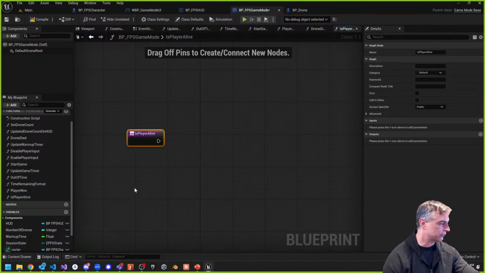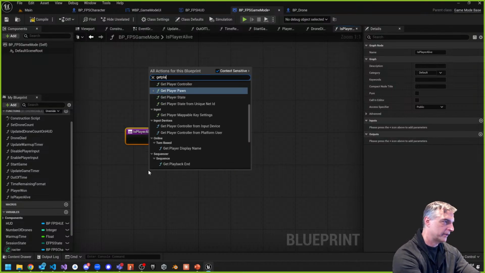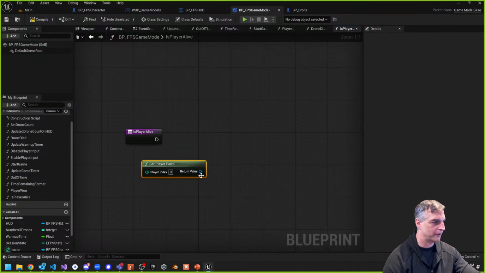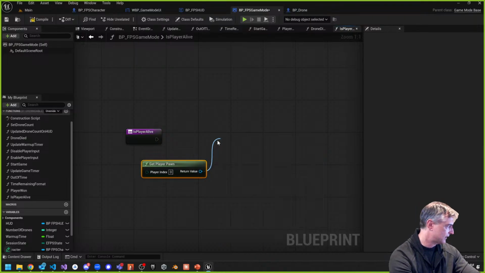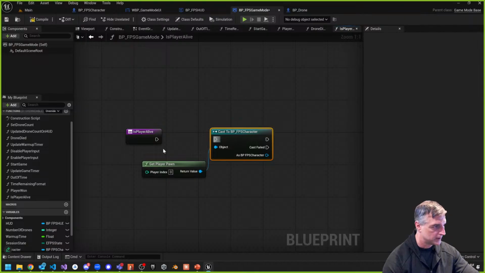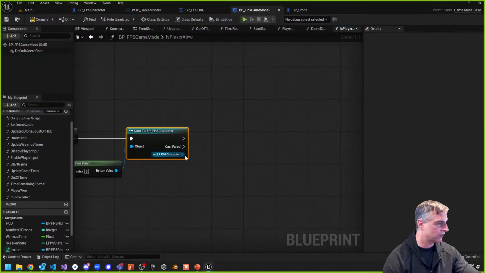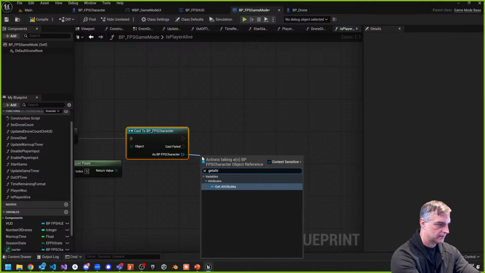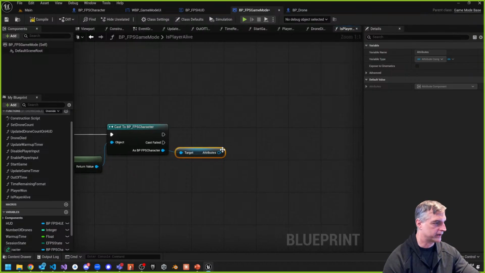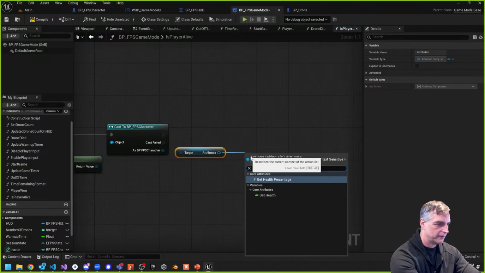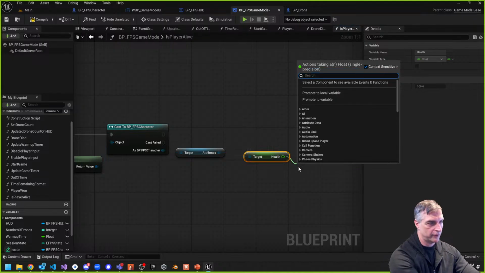And what we're going to do is get the player pawn. So get player pawn, get a reference to it, and then cast to BP_FPS character. Here it is. And then from there, we're going to get attributes because players have attributes. That's from before, right? And then we're going to get health. Get health, and if it's greater than zero,